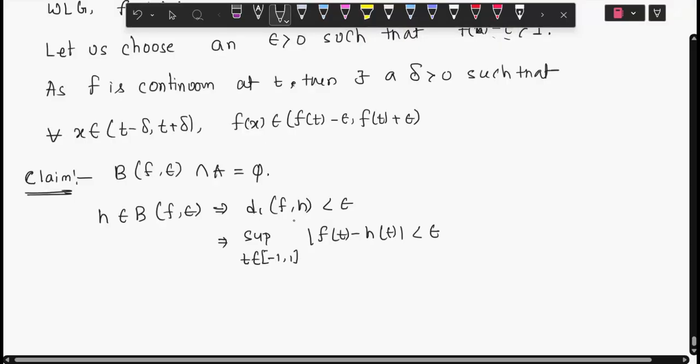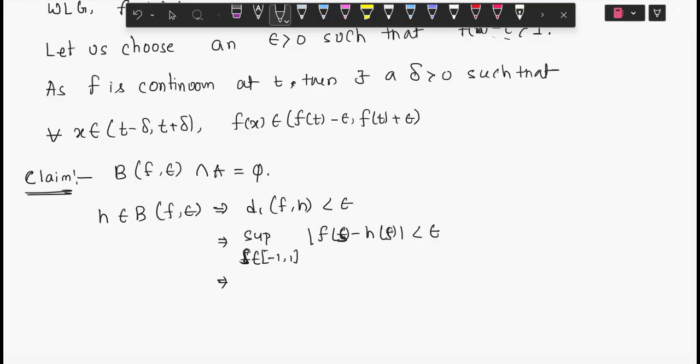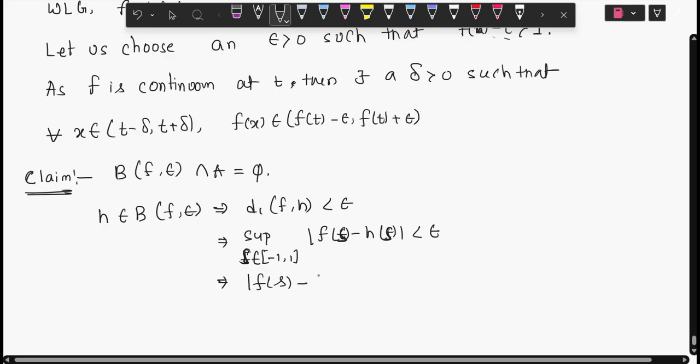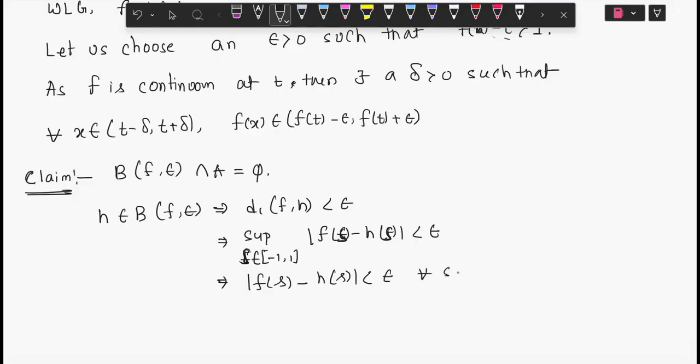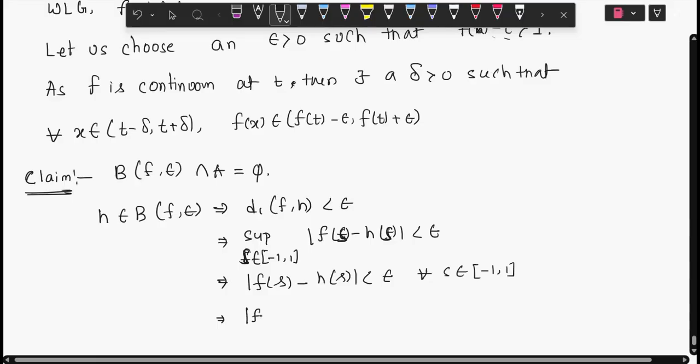Now as the supremum is less than epsilon, I can say that instead of t I can take s, as I already fixed a t, so I am just considering this t as s. So the modulus of f(s) minus h(s) is less than epsilon for all s belonging to [-1,1]. Now as t also belongs to [-1,1], I can say that the modulus of f(t) minus h(t)